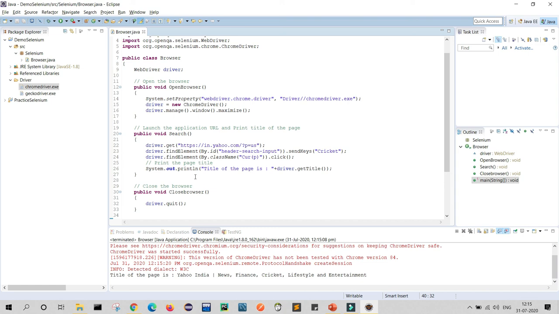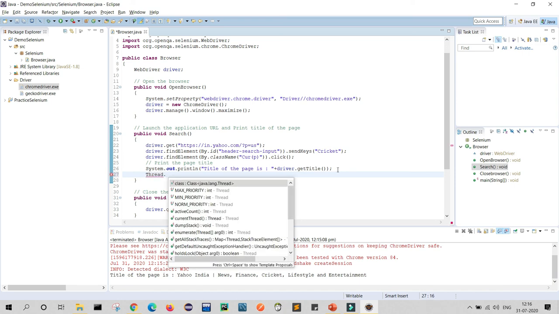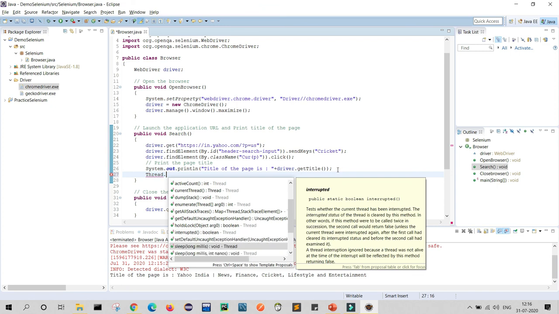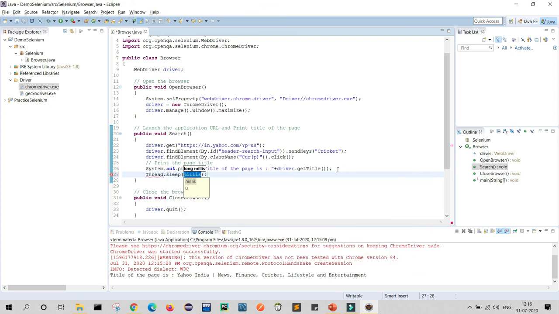So what will I do? We will make a time limit here. After printing the title, we will make it stop on the same page for some seconds. For this we will write Thread dot sleep, and here we define the time in milliseconds. I am just writing 3000 milliseconds, so it will wait.